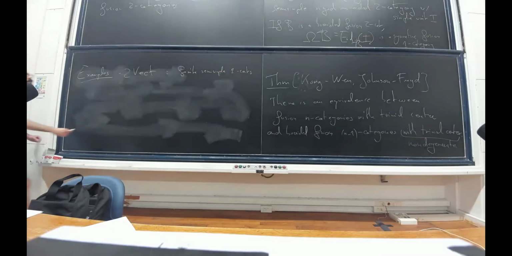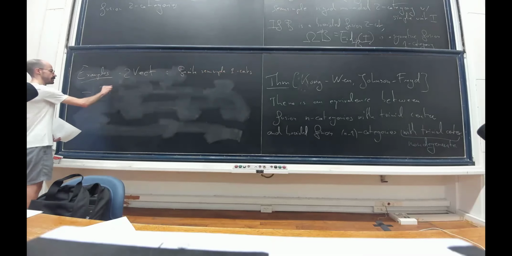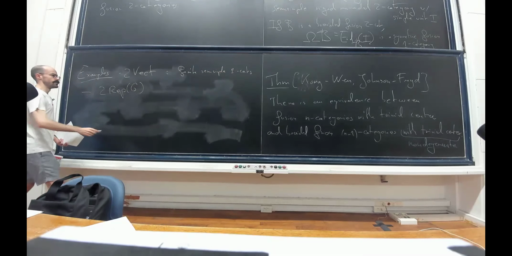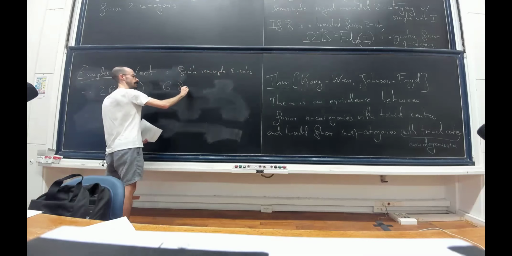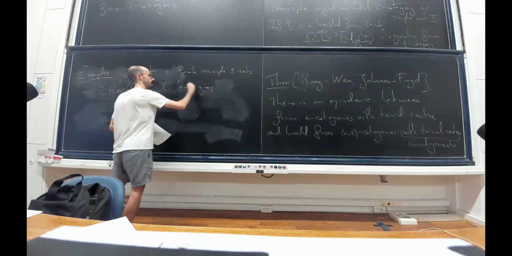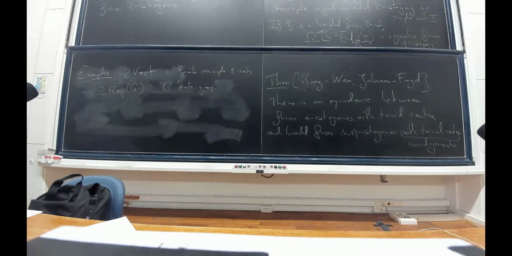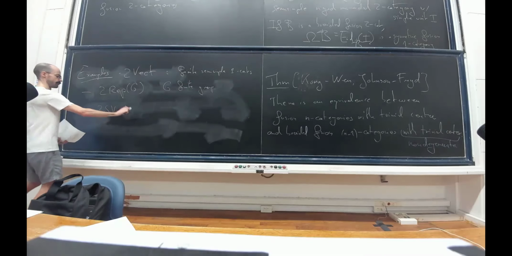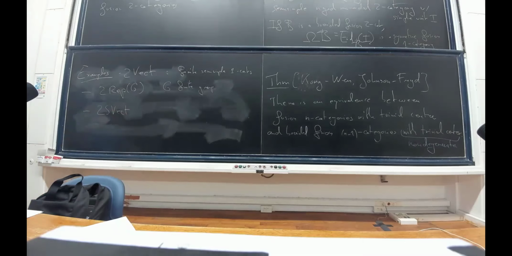And once you have a replacement for your category of vector spaces, you can do the usual constructions, and by the usual construction, I probably mean I can look at representations of a finite group. In fact, more generally, you could look at representations of a finite 2 group. These will not directly come into the discussion today. Another example that is really very important is the symmetric fusion 2 category of super 2 vector spaces.